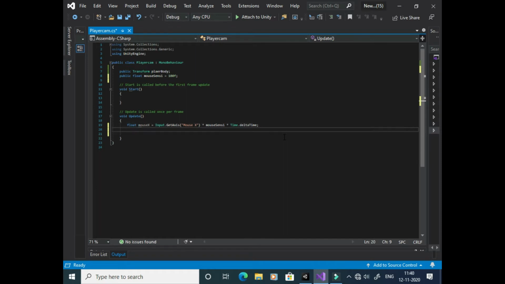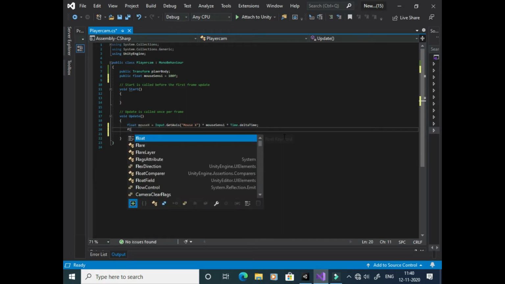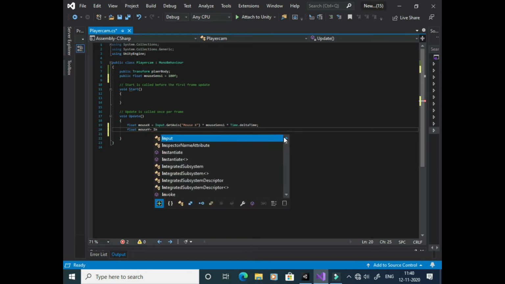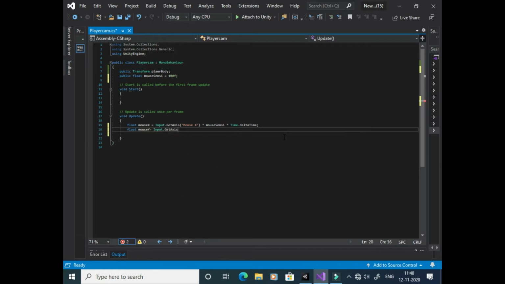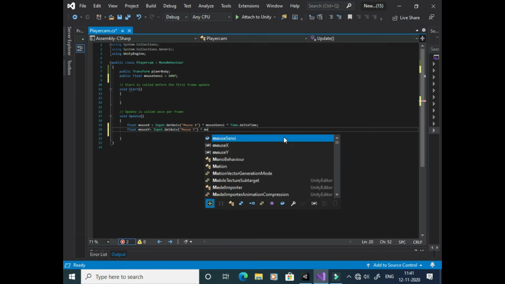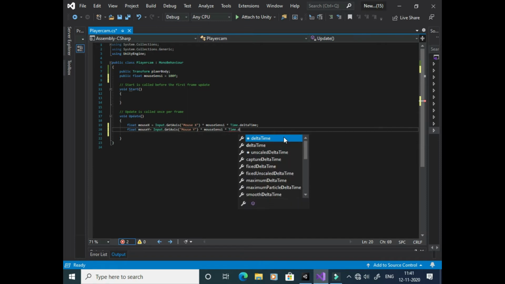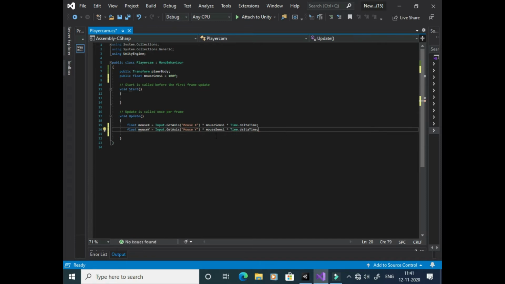And like this we have to do with our mouse y also. So make another float called mouse y, which will be equal to input dot get axis mouse y. Now multiply with our mouse sensi and our time dot delta time to make it frame rate independent. And now we have to